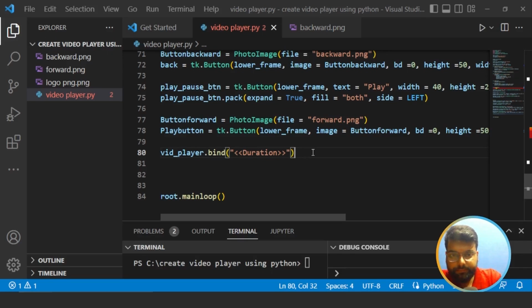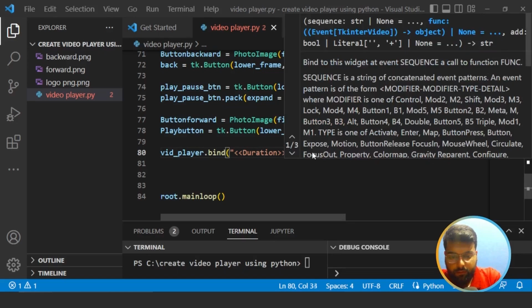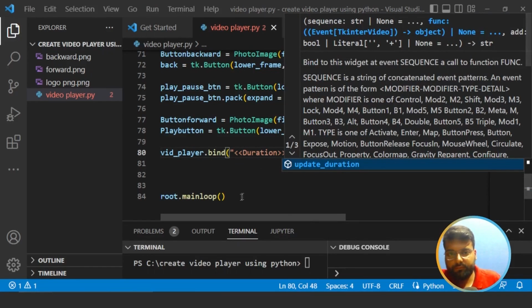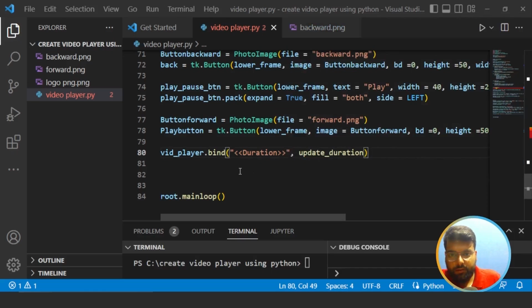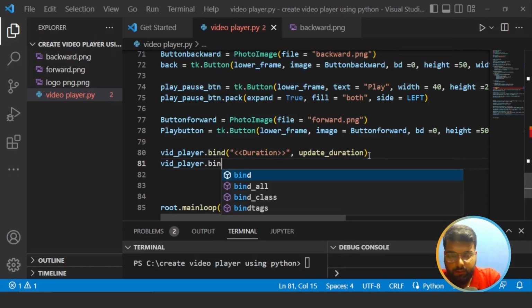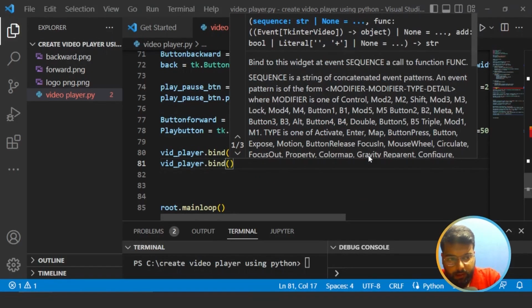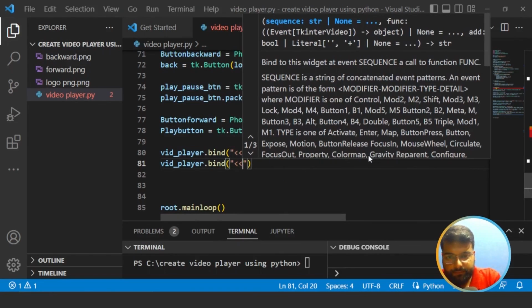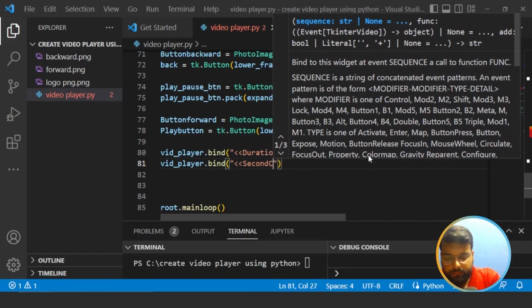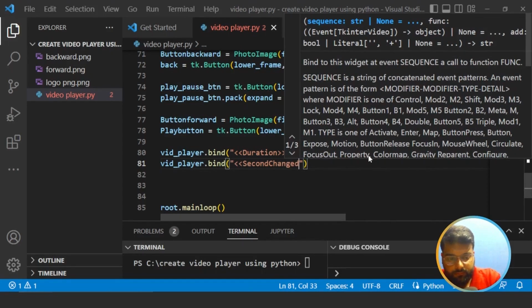Now we will update the duration here, so we'll pass the update duration, and if video player dot bind, and if its second changed, so we'll update the scale here,